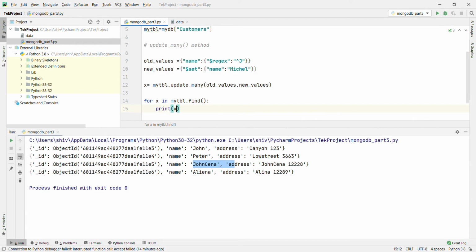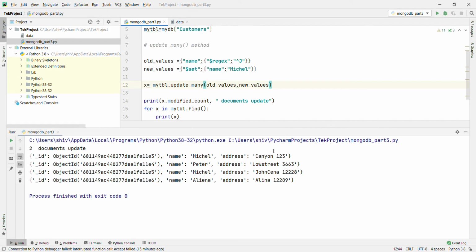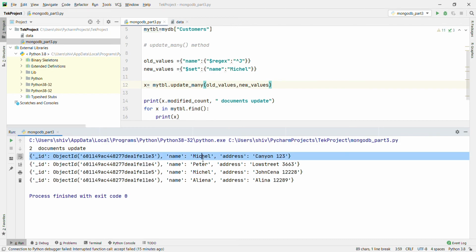What will happen is John and John Cena are going to change to Michael. To see how many are updated, you can also use print x dot modified count, the number of documents updated. Let's run and see. Right, two documents are updated, the first one and the third one. This is Michael and this is also Michael. Okay, this is clear now.